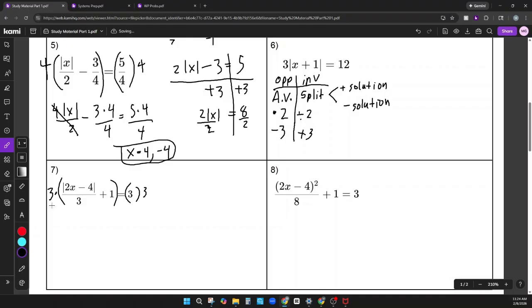Now, I can't just hard focus, say, oh, I see a fraction here, I'm going to multiply 3 just at this fraction. Whenever you multiply, you multiply the entire side. And what you do on one side, you do the other. Essentially, you're multiplying 3 by everything in this equation. So this can be 3 times absolute value of 2x minus 4 all over 3 plus 3 times 1 equals 3 times 3. Simplifying, these cancel, so I'm left with absolute value of 2x minus 4 plus 3 times 1, which is 3, is equal to 9. Doing my operation table,